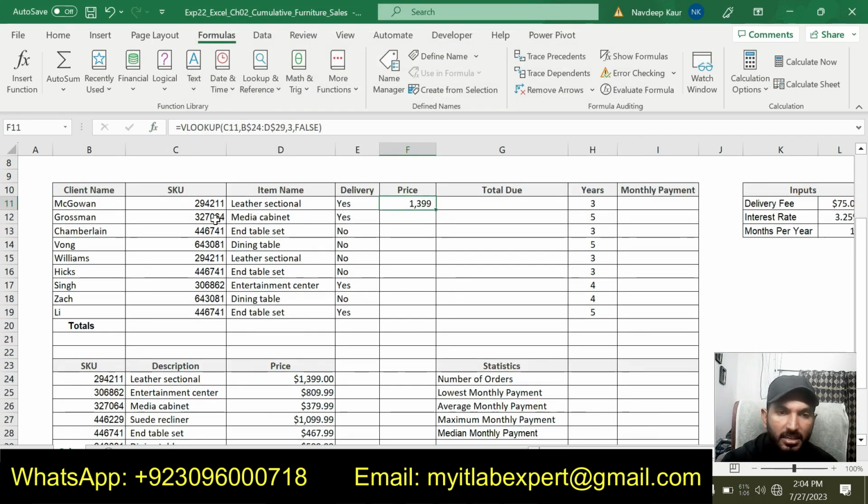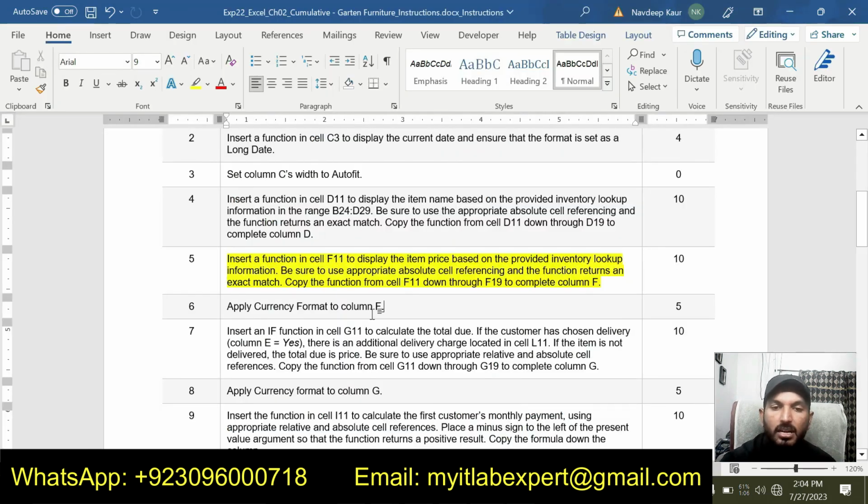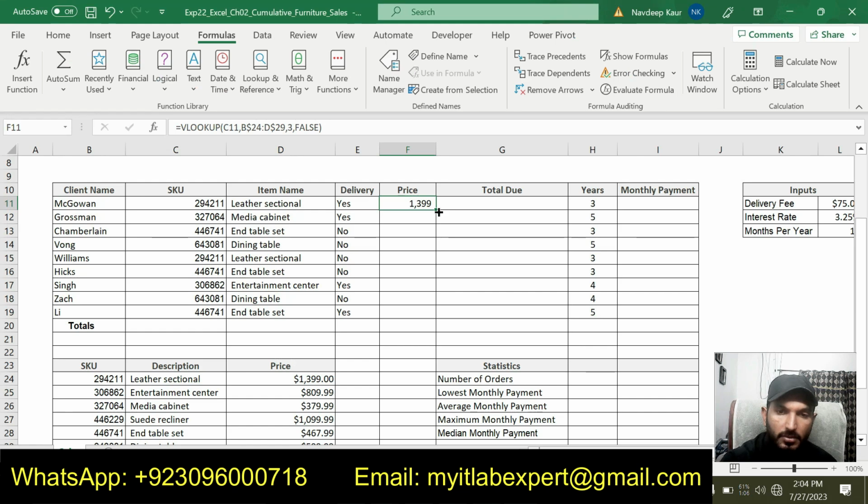Now you can see that for 294211, the leather sectional, the price is 1399. So we have shown this, and now we are supposed to copy this formula down the column to get the other values. So we got the values for this one, but let me compare.